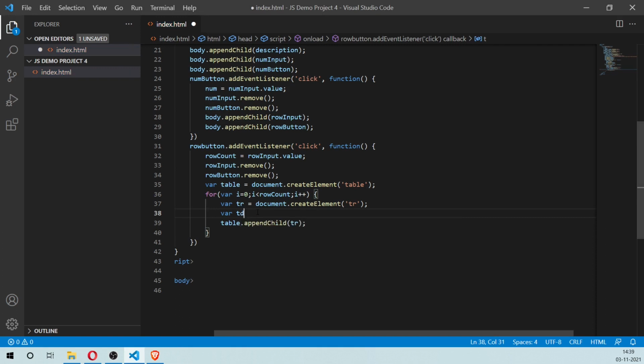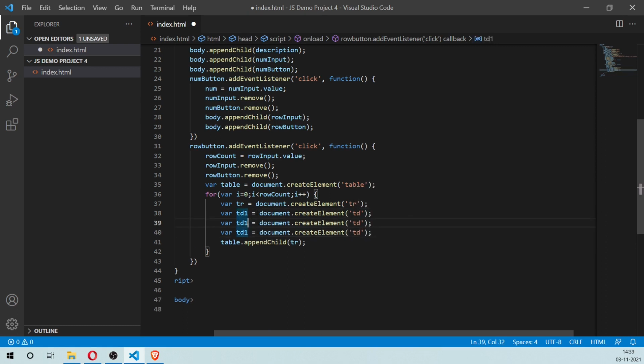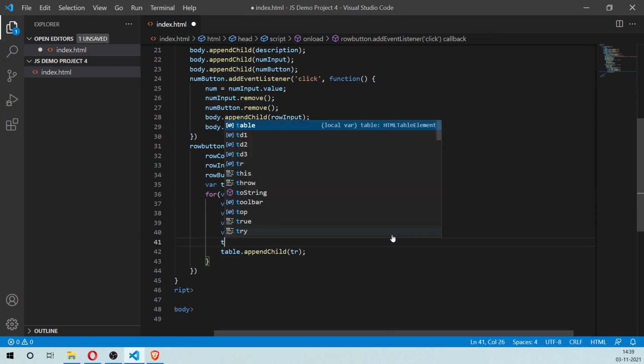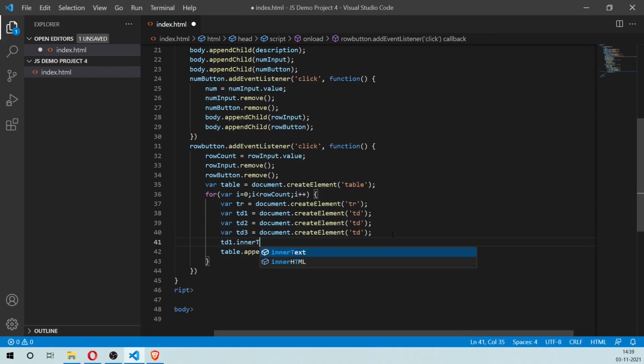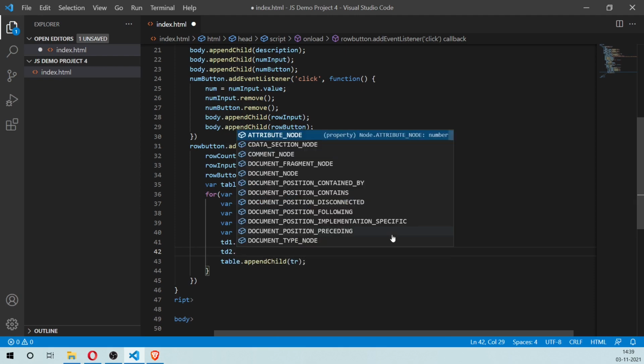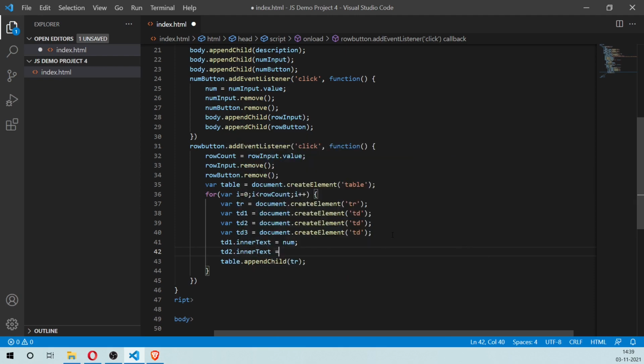So I'm going to create 3 elements, td1 equals document.createElement td, and I'm going to do this 3 times. So we're creating 3 td elements, and inside the first td element, so td1 dot innerText equals, we're going to enter the number, and inside the second one we're going to enter i plus 1.